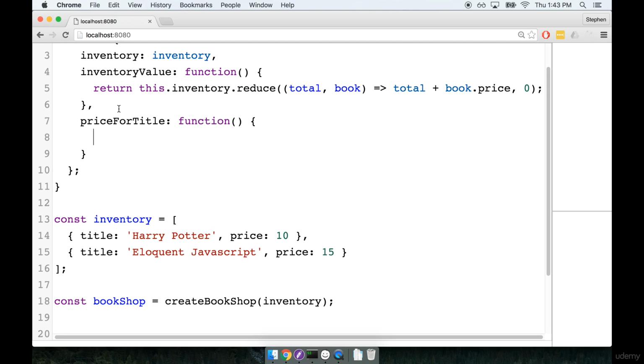Actually, I think I reversed the name on this one, price for title. Yes, okay, I apologize. I worded that opposite. We want to take in a title and get the price for it. So that sounds like a fantastic use case of the find helper here. So let's take